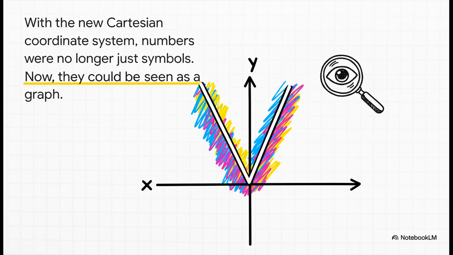Then, in 1637, René Descartes gives us a way to actually see absolute value. He takes his brand new invention, the Cartesian coordinate system, plots the equation y equals the absolute value of x, and bam, he gets this iconic V shape. Just look at it. Any positive number you put in for x on the right side, you get the same number back for y. But any negative number you put in on the left, it gets reflected up, becoming its positive mirror image. For the first time ever, this idea had a picture.